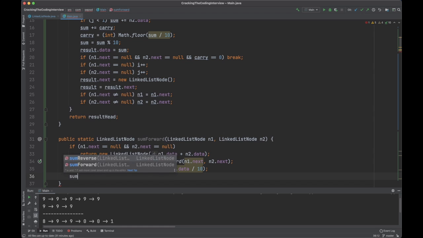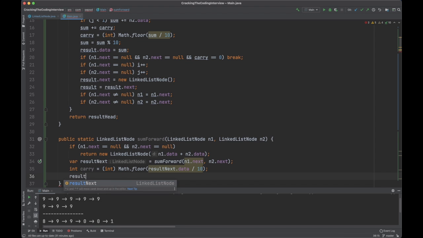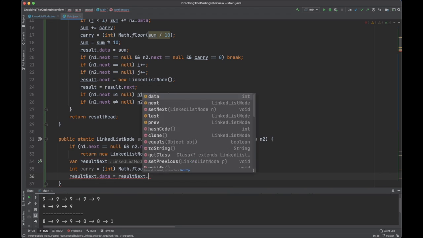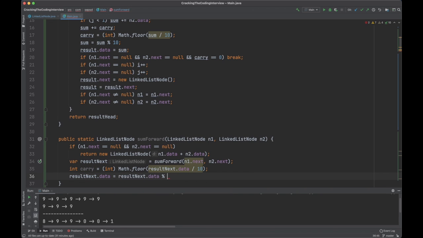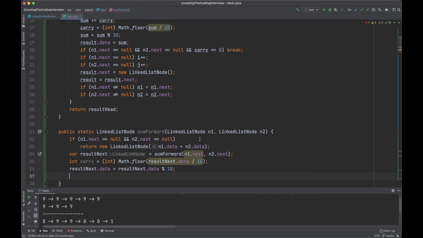And we will then say that result next data should be changed to result next data modulo 10. All right, and then we will say that